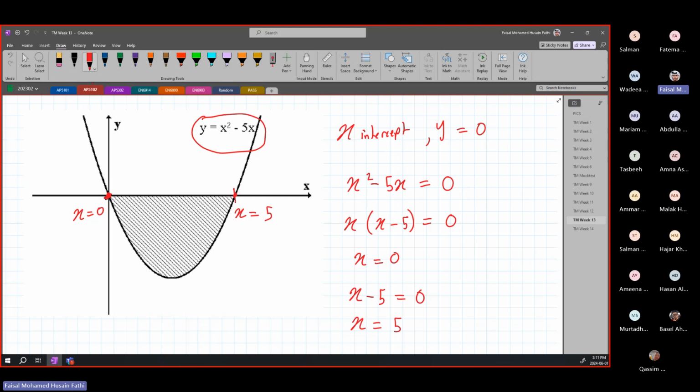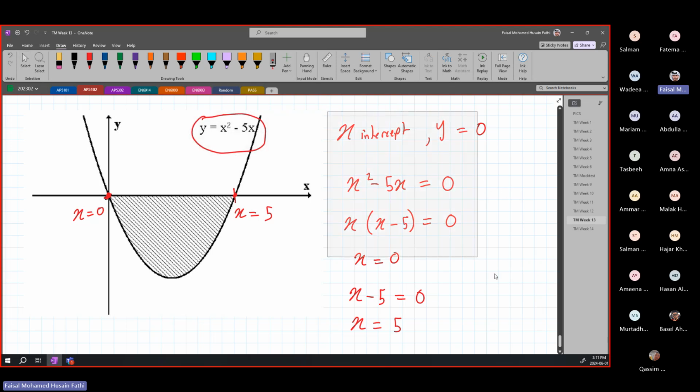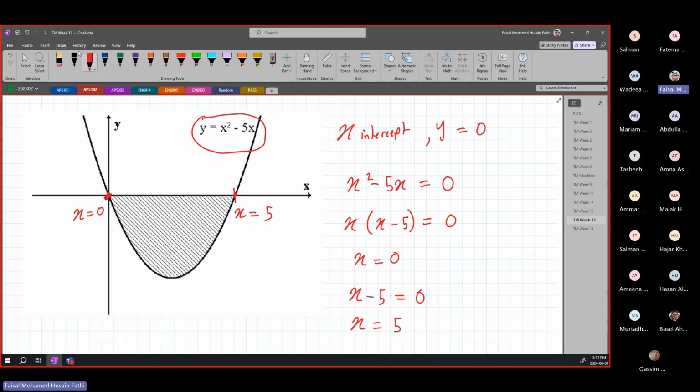So when they give you something that has x-intercepts like this, you should be able to find your x-intercepts for basic equations at least. Just a reminder from Math 1. You can go refer to the Math 1 videos about this. We went super detailed into it, especially for quadratic equations. But again, it is a very simple way to solve. You can find your x's. And then all you have to do is integrate x squared minus 5x from 0 to 5. Let us actually solve this.